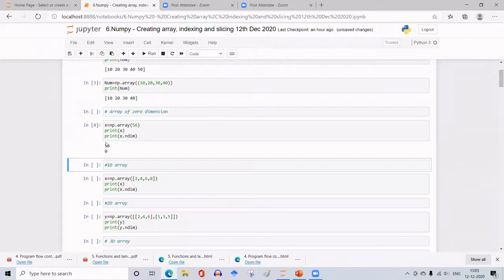Okay, so this is the array with 56, and it has 0 dimension. That is what is meant by 0 dimension, a single element. If you enclose it within a bracket here, it also gives the same thing. Even otherwise, it is an array with 0 dimension.